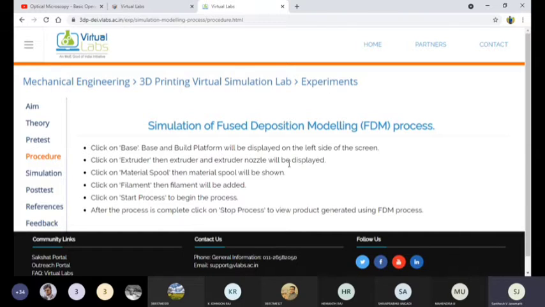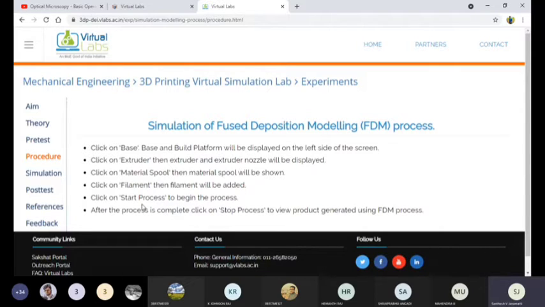Once you can see the nozzle on the screen, we go ahead to the next step, that is the material spool. Press on the material spool, and the material spool will be shown on the screen. Once you can see it, go ahead to the next step: click on the filament button, and the filament will be added to the spool.